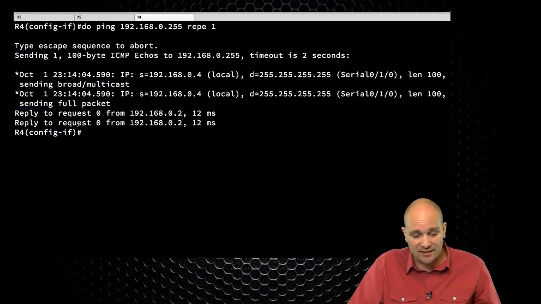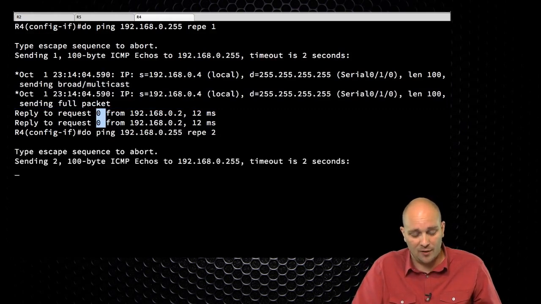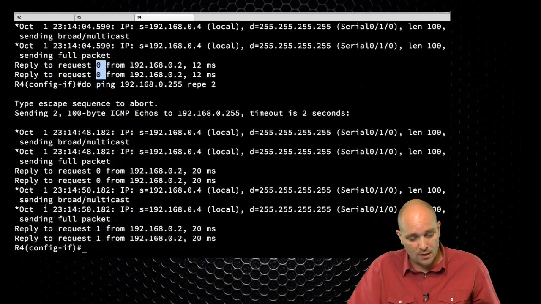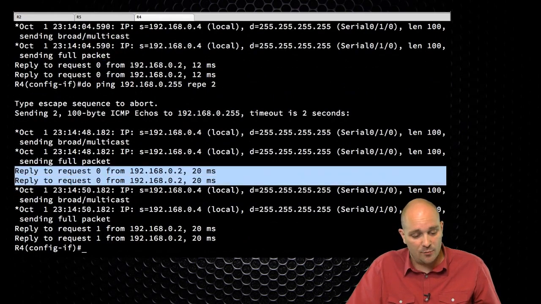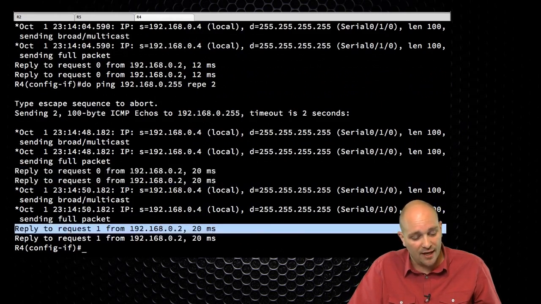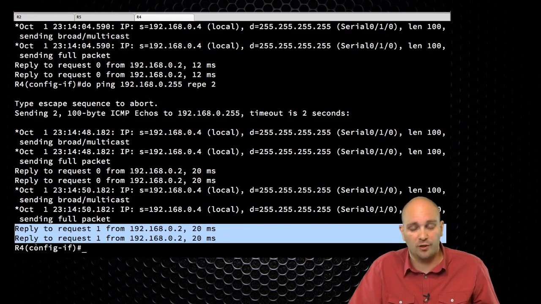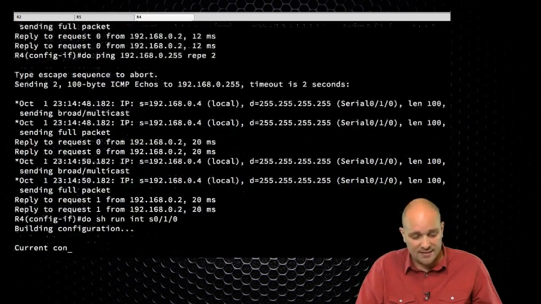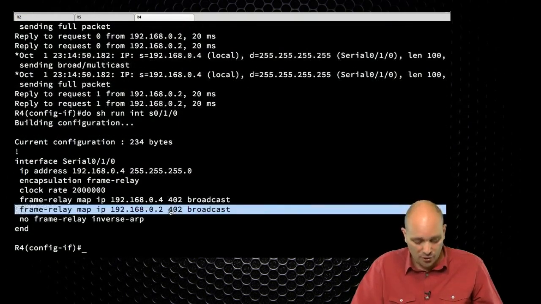But we can see here that they were actually the same ping packet because it was request number 0. If I send multiple requests, what I'm going to see now is 2 packets go out, and you can see here that I'm receiving responses to request 0, and here there is an echo request or response to the request 1 that I'm receiving. So this configuration that we have now in place is something that I would highly recommend